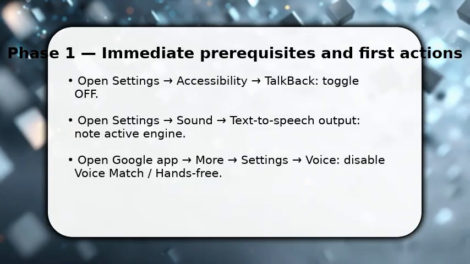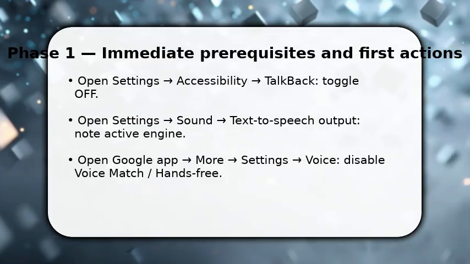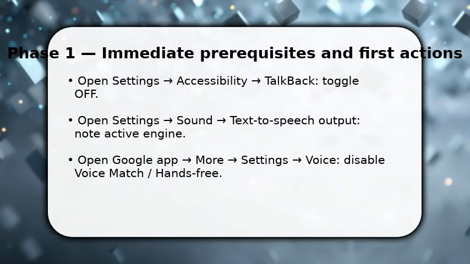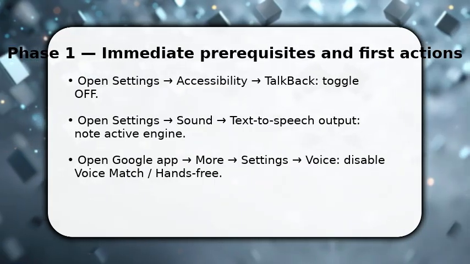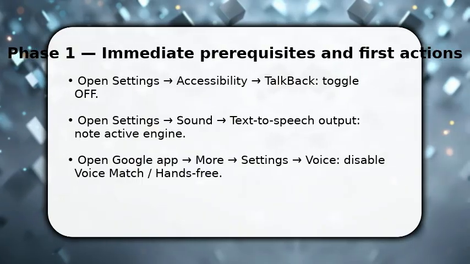Once done, open Settings, Sound, Text-to-Speech Output to identify the active engine. Do not switch engines yet. Then open the Google app, tap More, Settings, Voice, and turn off Voice Match and hands-free options so the assistant